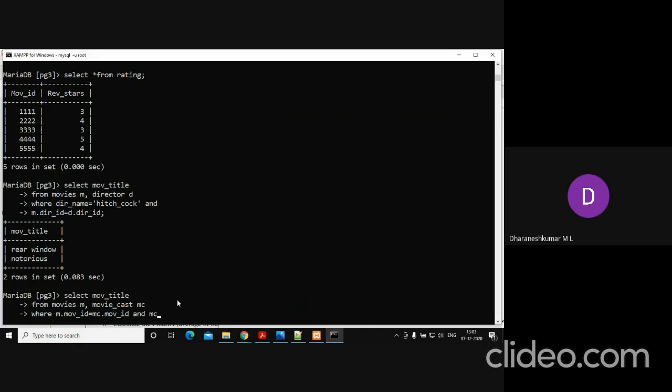So I have to check with the actor ID also, right? Who is the actor who has acted in two or more movies? So hence I will be using movie cast dot actor ID. This is important, actor ID. In, I will be writing another subquery. Here I have to retrieve the actor ID, right? So hence I will be writing select actor ID from